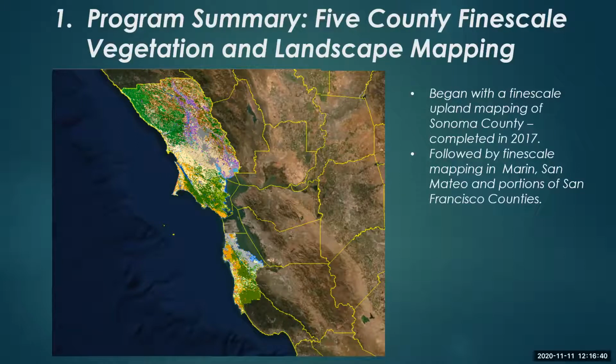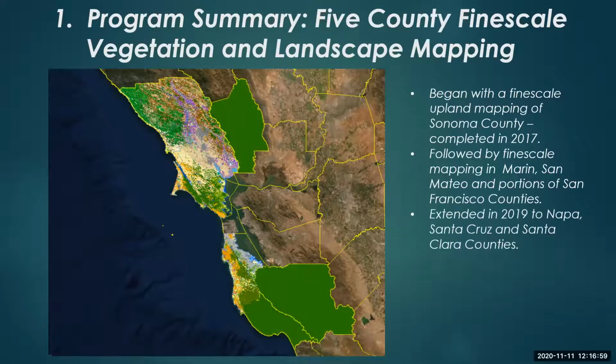After Marin County got online, San Mateo County called also. It's usually not the county that calls. In Marin, it was Golden Gate National Parks Conservancy. In San Mateo, one of the big pushes came from CAL FIRE, but it was also National Park Service. And then last year, we added Napa County just for wildland fuels mapping. They already had a fine-scale map of their own. And then Santa Cruz and Santa Clara counties.